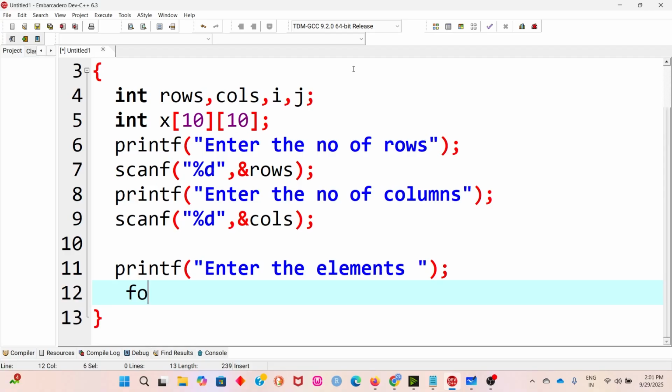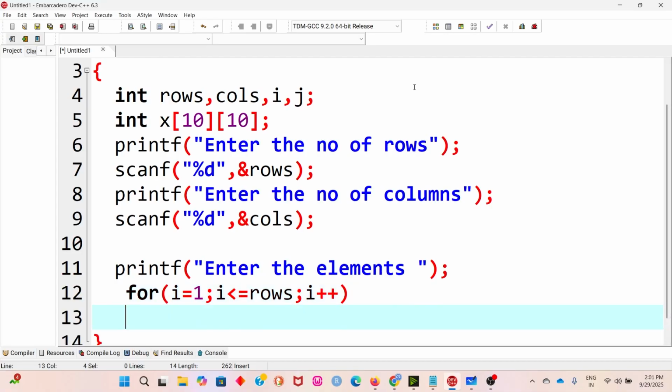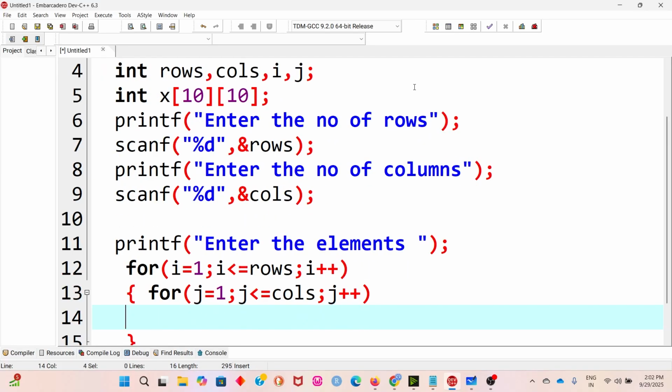So for I equal to 1, I is less than equal to rows, I plus plus, we need another bracket, for j equal to 1, j is less than equal to cols, j plus plus, and one more bracket